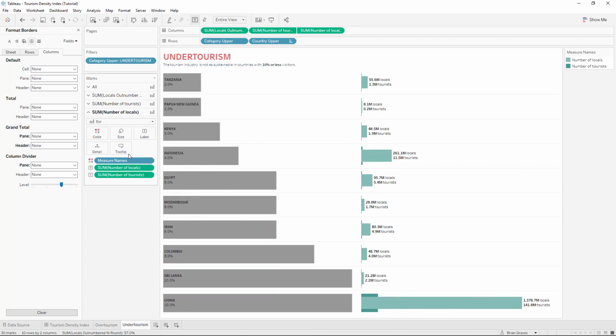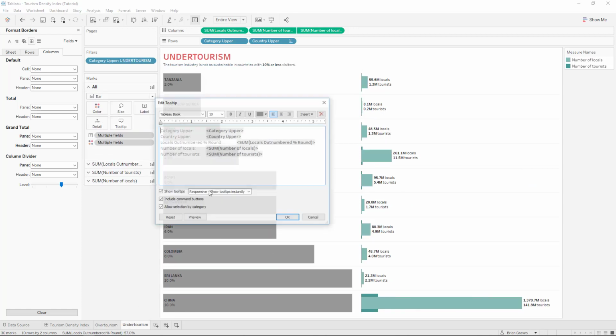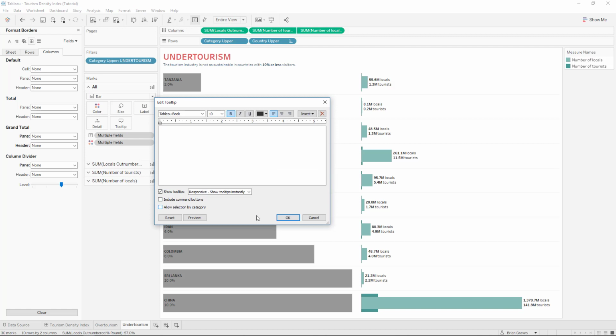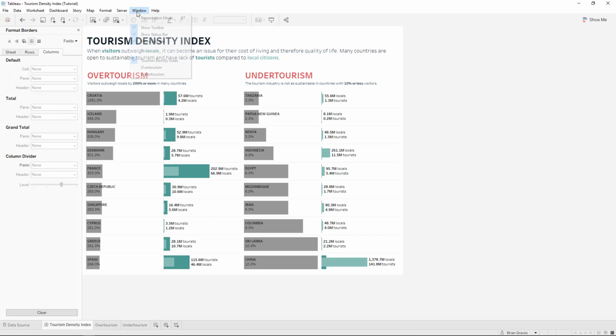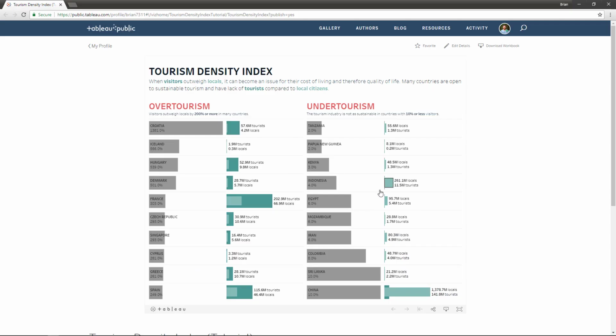Perfect. And then over on under tourism as well, get rid of all those. Since we don't really need that, there's no real interactivity here, and let's go ahead and publish this again. So you can see here, I've removed all the tooltips, so those aren't distracting anymore. So this is really ready